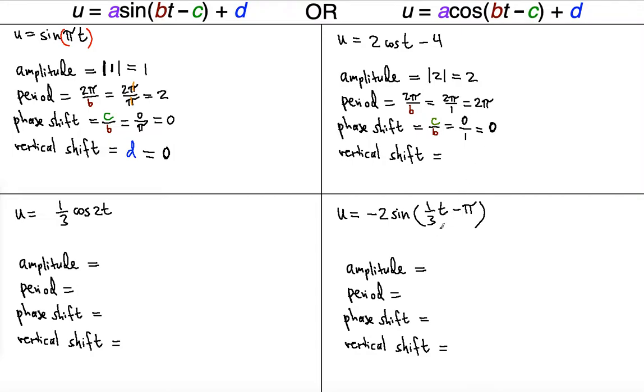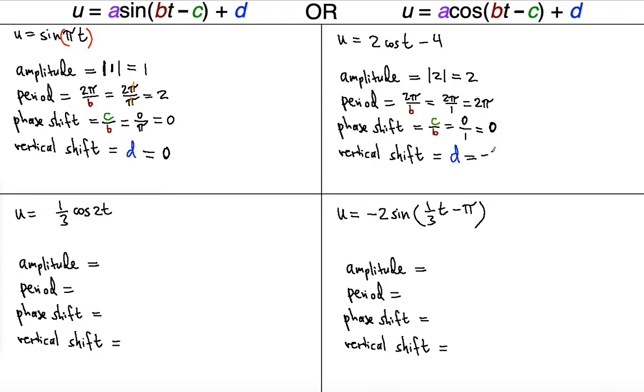Now finally, the vertical shift. The vertical shift is responsible for the d outside the parentheses. As we saw before, we can put parentheses like that. You definitely see the d value is going to be the value outside, and that's what it should be. So we know -4 is equal to d. So d is equal to -4,